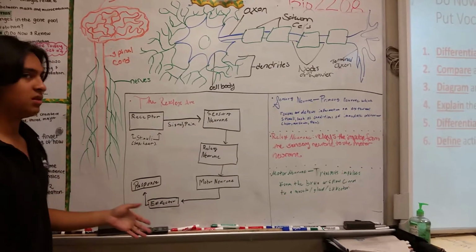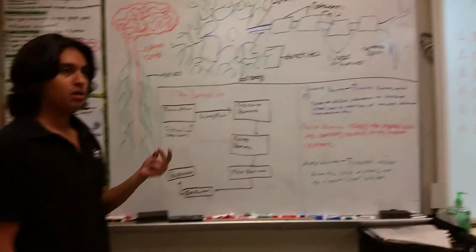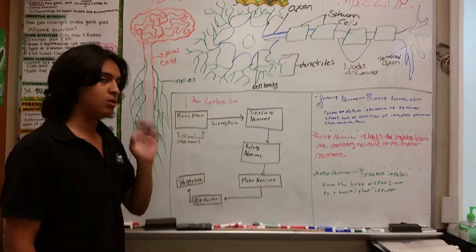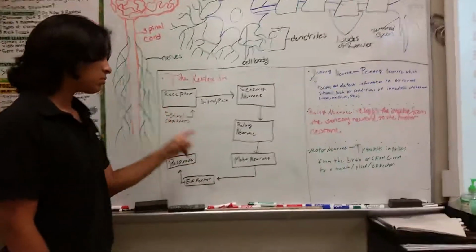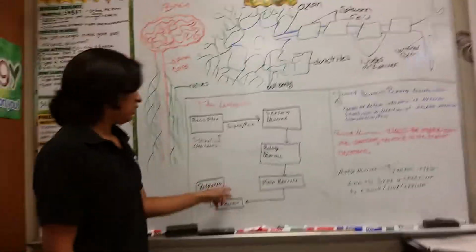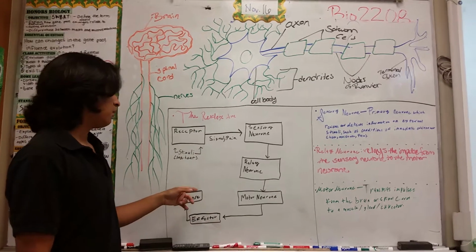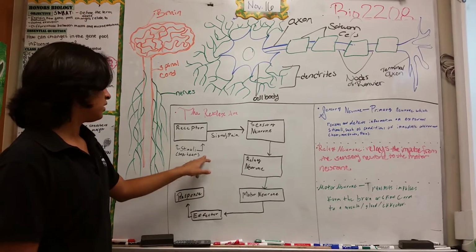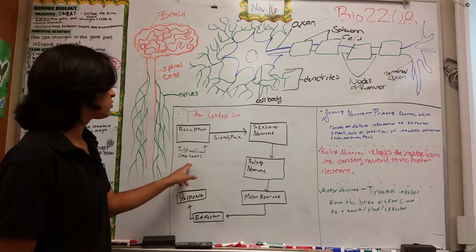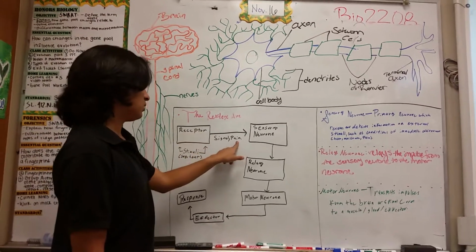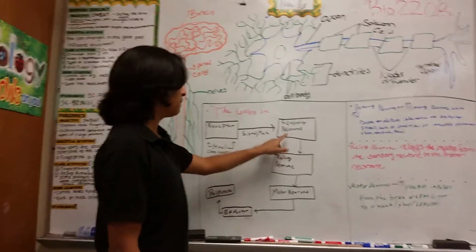What the reflex arc is, is actually a very quick, very sudden reaction that goes along a specific pathway. This reflex arc, the specific pathway, primarily starts with the detection of a stimulus. In this case, let's say extreme heat. The extreme heat is detected by a receptor, and that signal, which is going to be heat, is found by